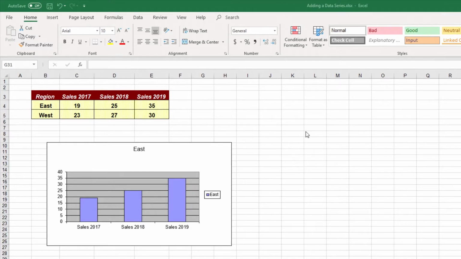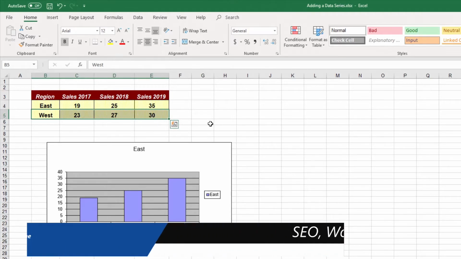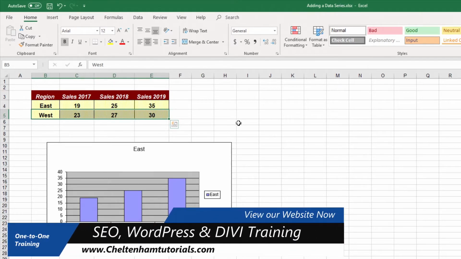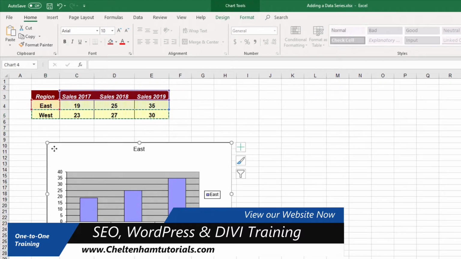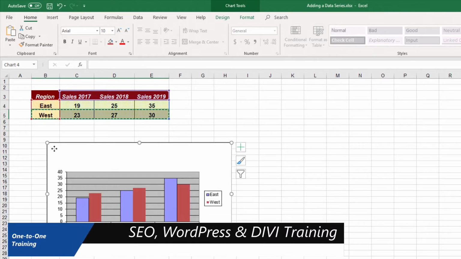So what we could do is just simply click on the chart, delete it and create it from scratch. But an easier way is this. Let's select the data that we want included. So if we just select the data for the West, so I'll select that range. If I press Ctrl C and then I simply click on the chart and press Ctrl V, can you see